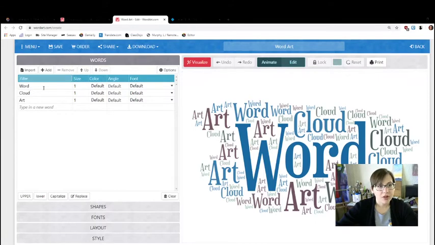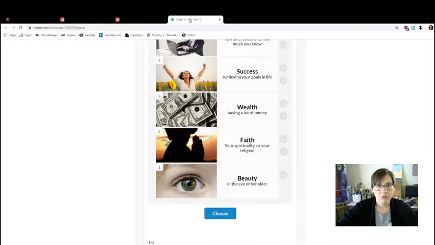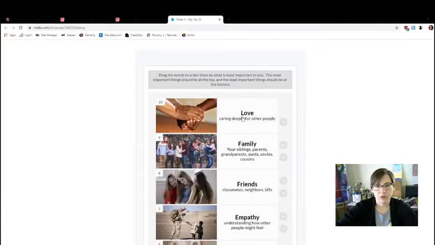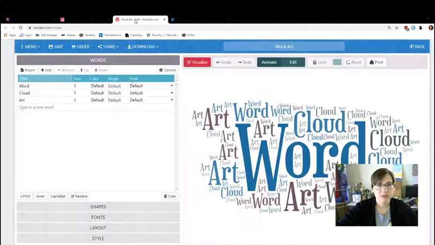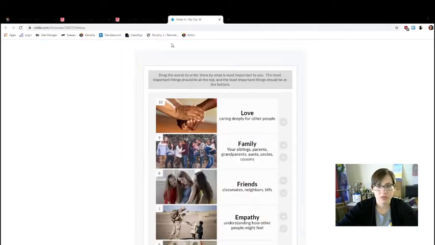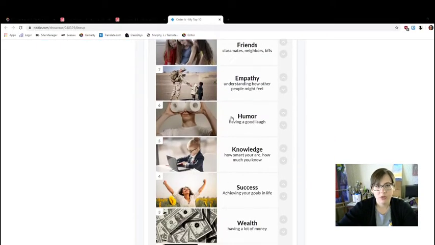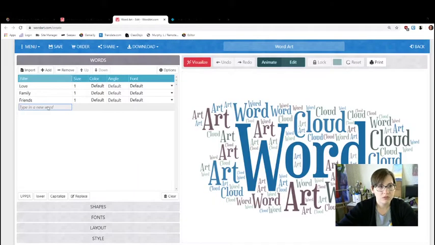So we're going to start by going back to my top 10 list, and I'm going to type these words in here in order from 10 all the way to 1. So love, family, friends, and this is where it's going to be kind of tricky because I have to go back and forth, but love, family, friends. If you have your own list on a piece of paper, this might be easier to plug your words in. Empathy, humor, knowledge,